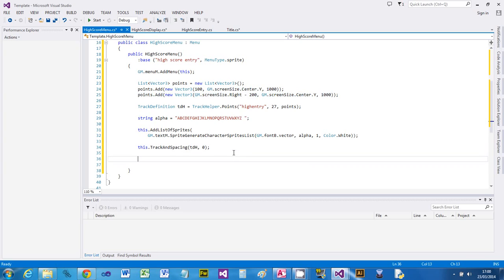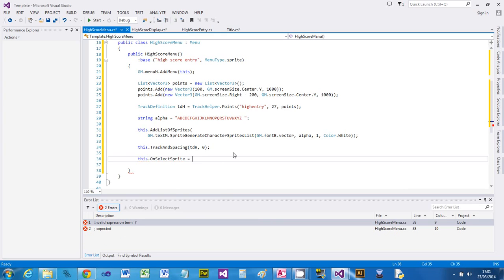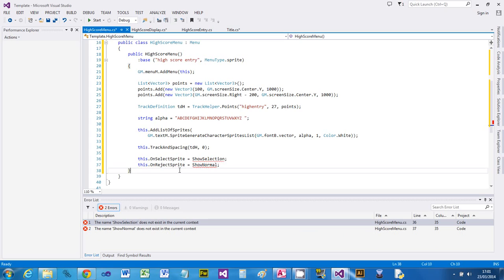Okay, right, that should be all we need to do from that point, but we need some system for highlighting, so we're going to use selector on select sprite, and we'll set that to show selection, and this dot on reject sprite show normal, I'm going to call it, and I'm going to create these just here. So I'm going to say void show selection,